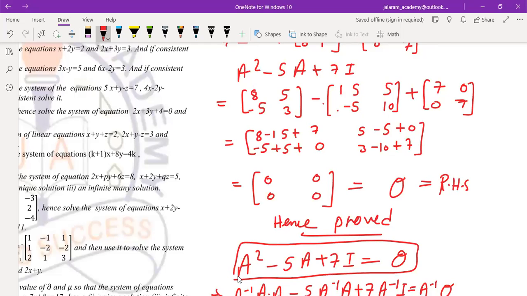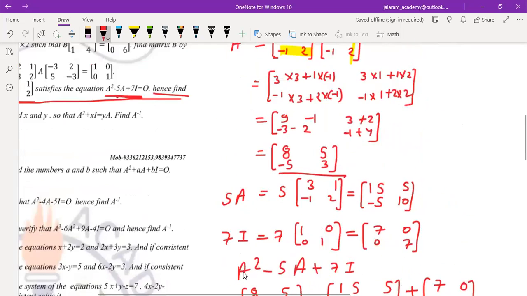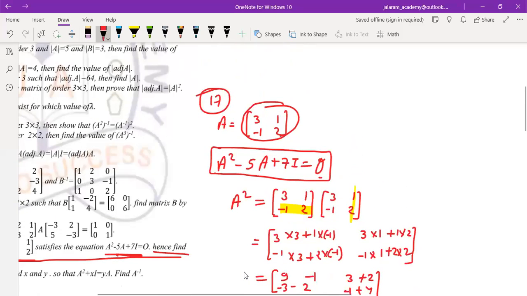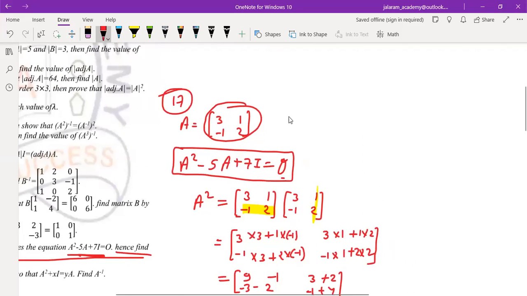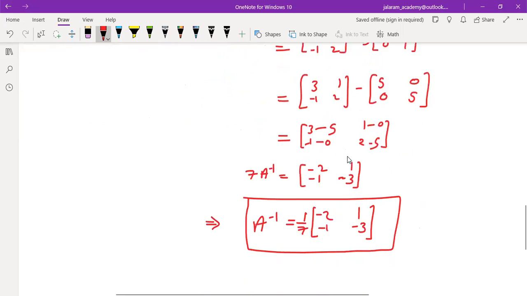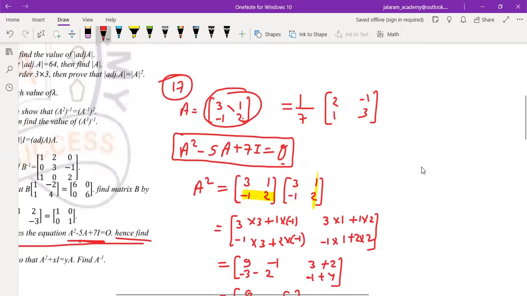So you have to use only this in subjective questions only. I am not discussing this time the objective questions. When we use objective questions, we have a very simple method. First we find the determinant, 3 2s are 6 plus 1 is 7, into adjoint of A, which is obtained by interchanging these two elements and changing the sign of these two elements. So check whether it is giving the same answer or not. Yes, it is giving the same answer.